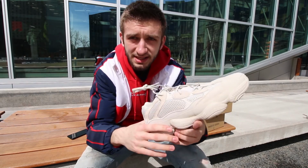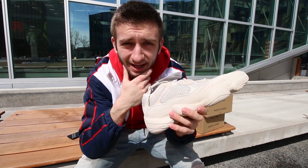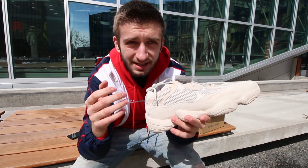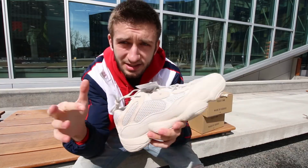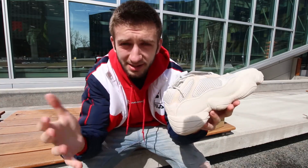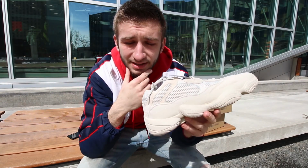If you want a pair of Yeezys and you're able to get it, I think everyone should be able to do that. I really don't know why I have 3 pairs. I'm gonna keep one. I'm probably gonna sell the other one for like $20 over retail. I really didn't think it through. They released online before they released in store, and I bought one online just to make sure that I had one, because I didn't know if I was guaranteed to get one in store, because I wasn't 100% sure how many sizes they had. But now I have 3 pairs and I spent